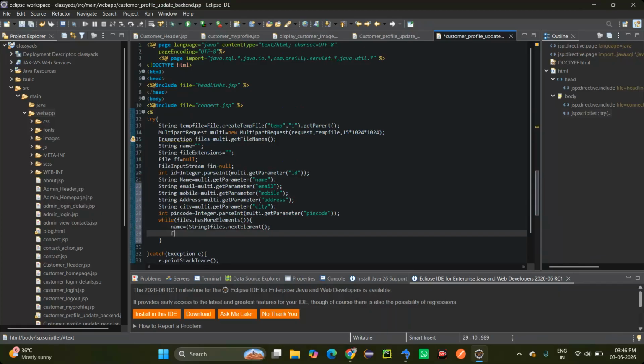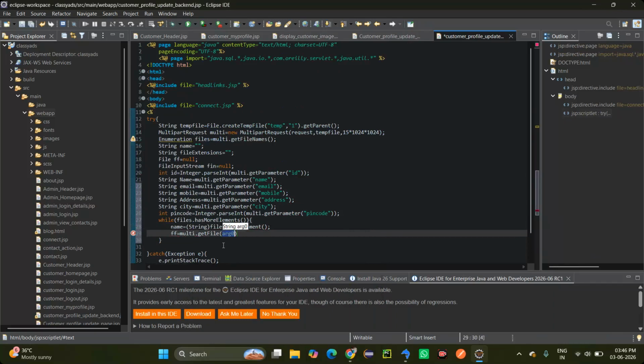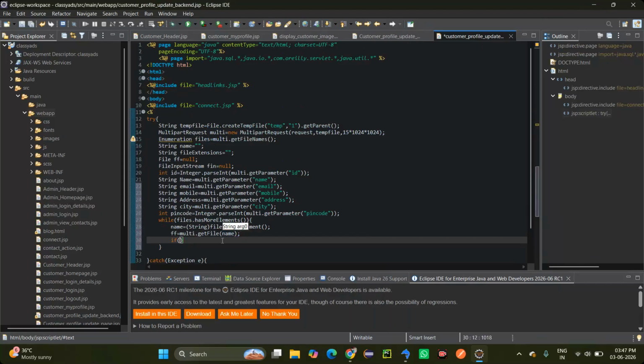Then after request is equal to id.getFile. Here we should use the name. Then after if ff is not equals to null, we should go through